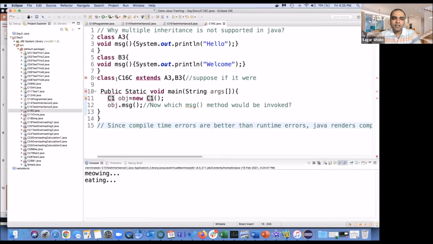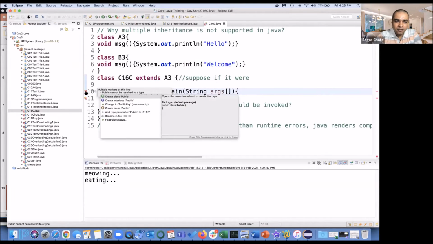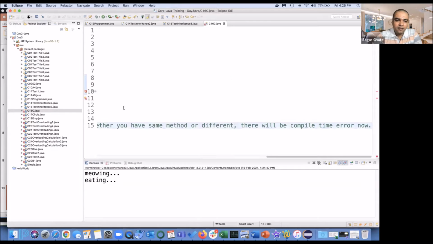First error it is giving us here. Save for a minute. Let's remove this and save. What this is saying: public keyword cannot be defined.